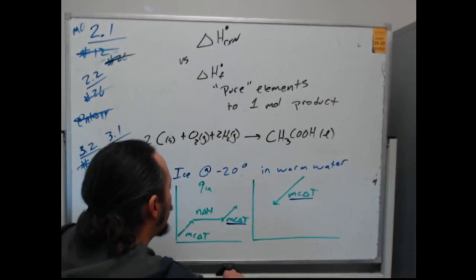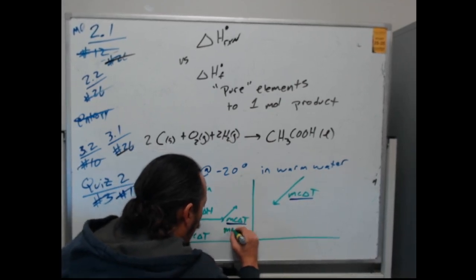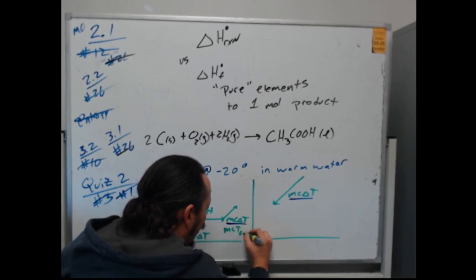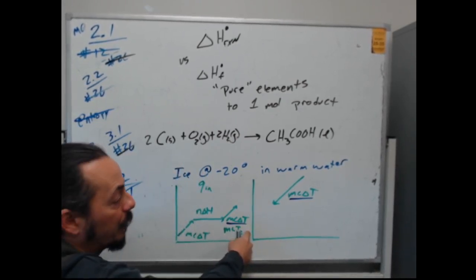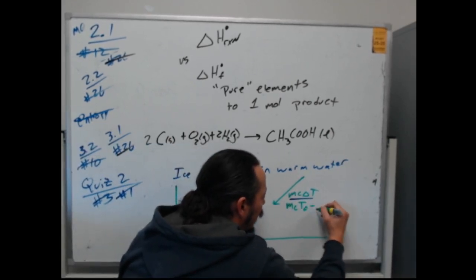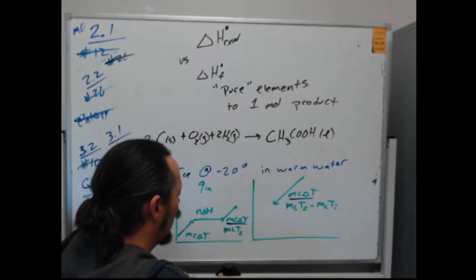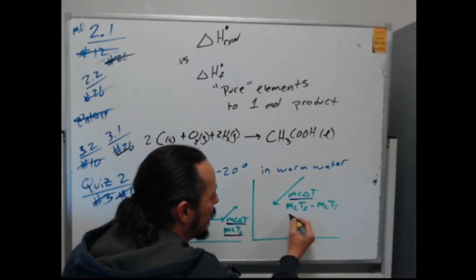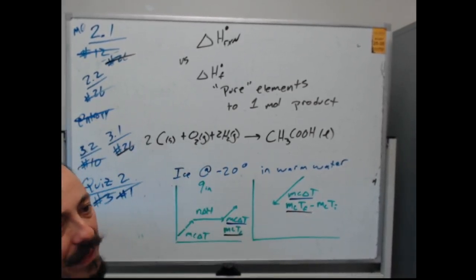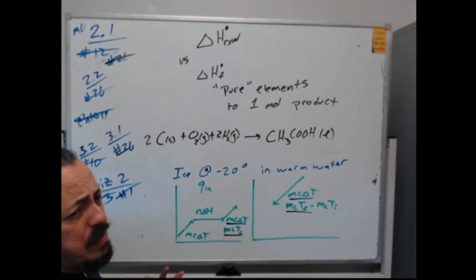But if you write these MC delta T's as MC T final minus MC T initial, where T initial is 0, so that goes away, you can essentially add this MC T final to that MC T final. You add the masses together. It works, but